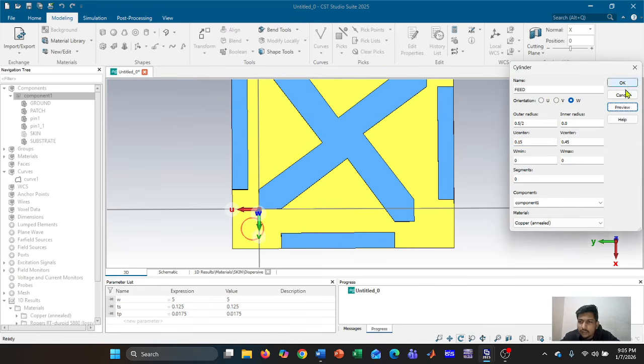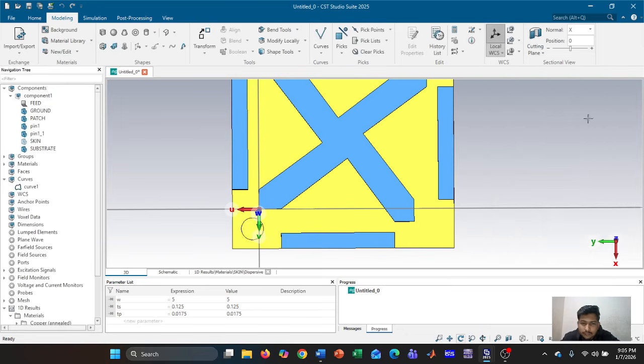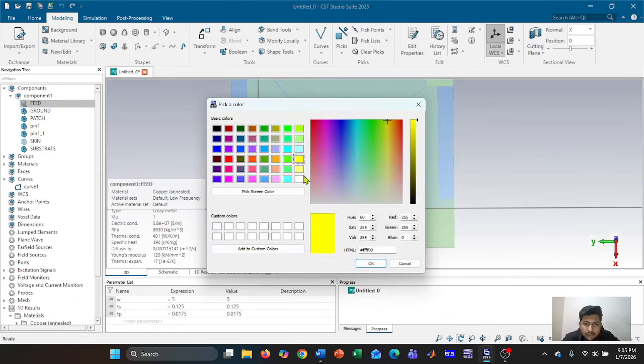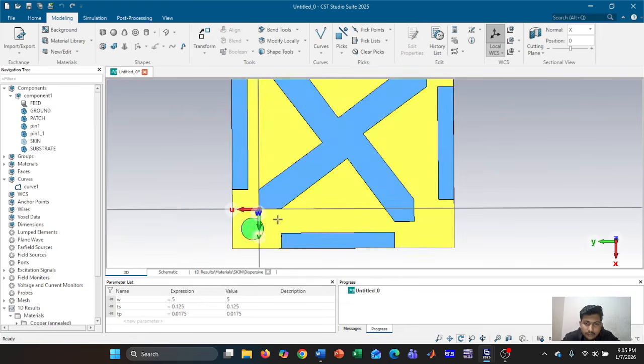Okay, now material is also copper. Okay, let's change the feed color. The material is changed to green. Okay,